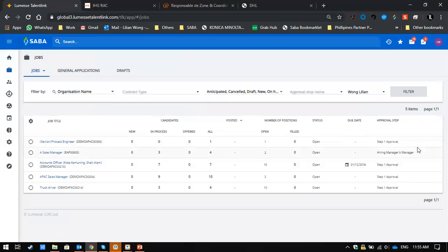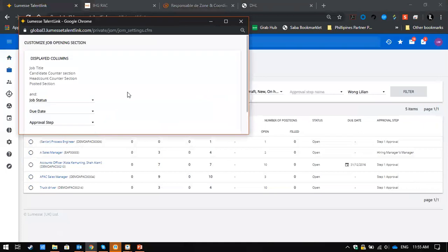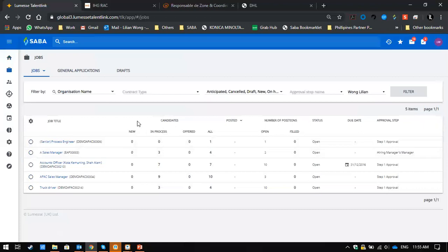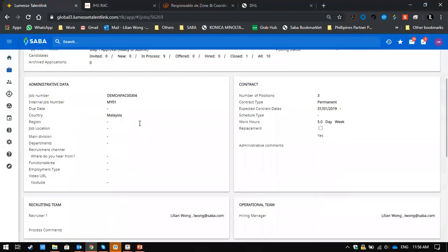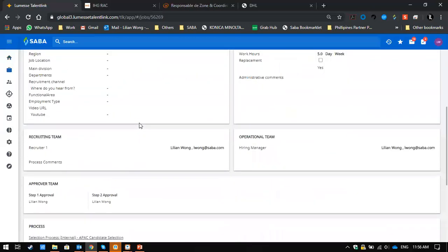You could also change whatever you see here, if you need to, using here. So you can actually choose what is needed to display. Okay. So I will just click on, say, Apex Sales Manager. So this job, as I've mentioned previously, all the information that we've put into the talent link can be published